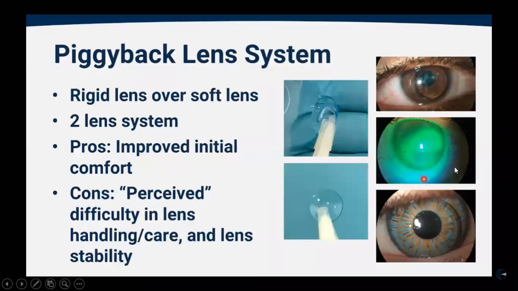And over it you put an RGP lens according to the patient's corneal curvature, the simulated K or average reading. And then you do a fluorescein pattern assessment. Here the fluorescein we use is a high molecular weight fluorescein, so that it should not penetrate into the soft lenses. There is a different kind of fluorescein which we can use, named high molecular weight fluorescein. That is used to assess the fitting over these lenses.